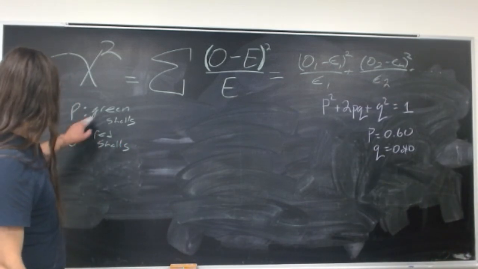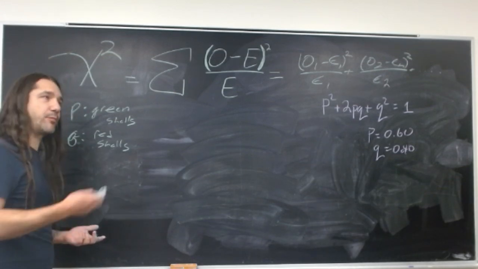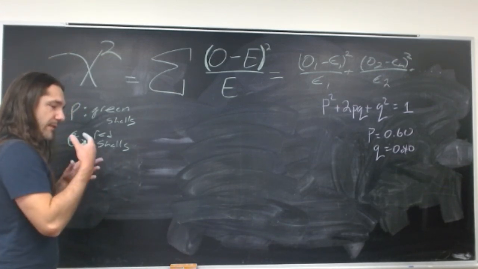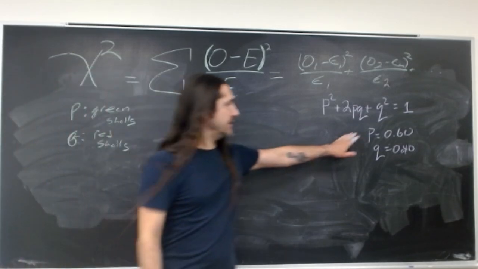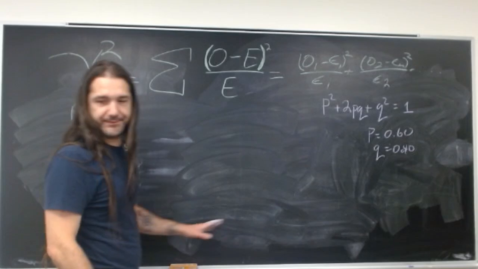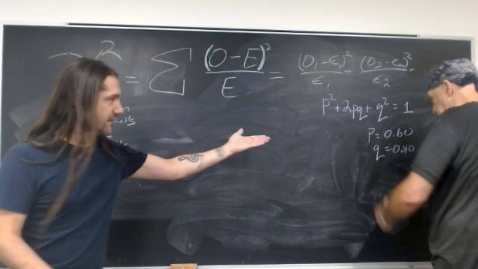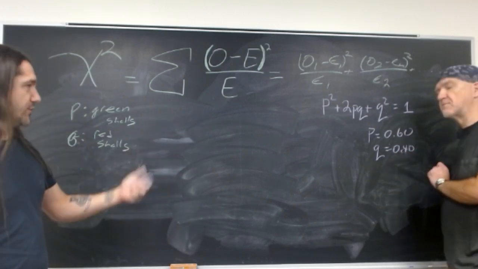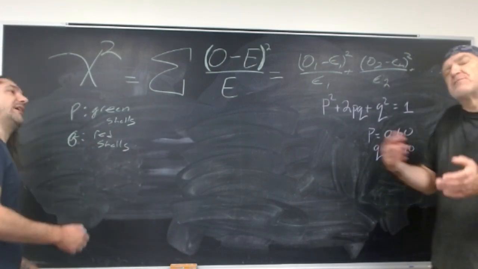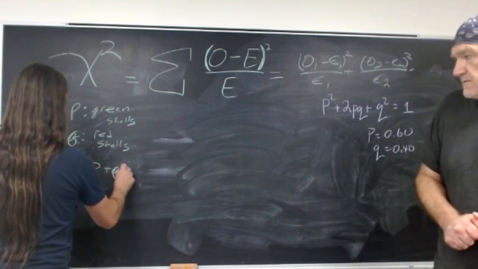All right, so green shells and red shells, right? And we suspect that the proportions, if we were just to go out and count all the turtles with green shells and red shells, it's 60-40. That's what we expect. So if we were doing a count of 1,000, we expect to count 600 greens and 400 reds, give or take a few. And those are the only two possibilities we're allowing